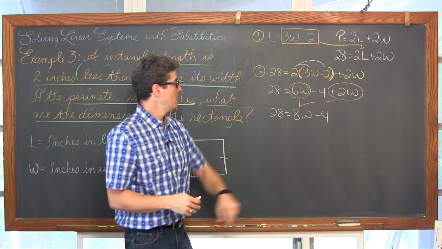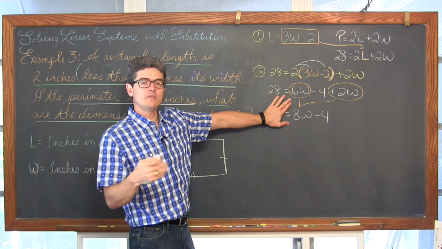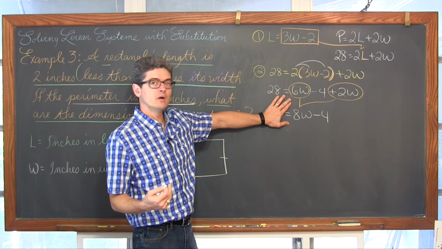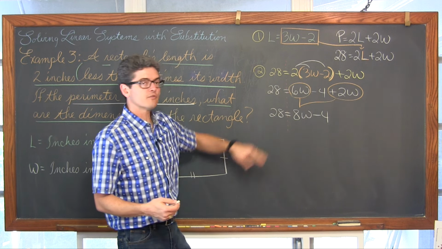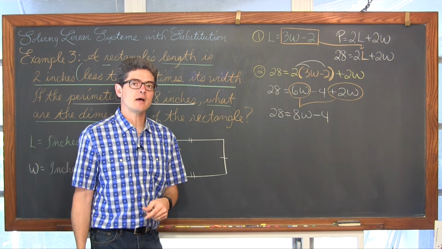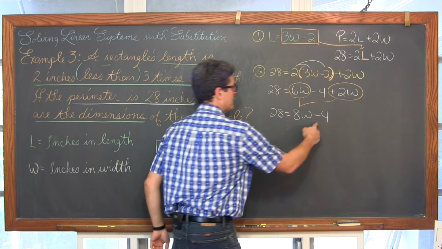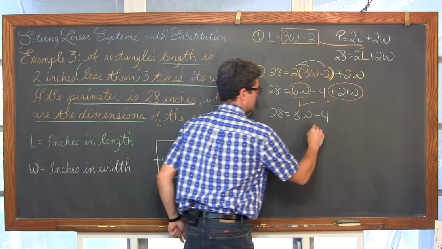Now, on the right-hand side, we need to start moving numbers away from the variable of W, and as we cross over from one side of the equation to the other, in this case right to left, we want to apply those inverse math operations. So we have a minus 4 on the right with the W. We're going to apply the inverse math operation, which is addition.